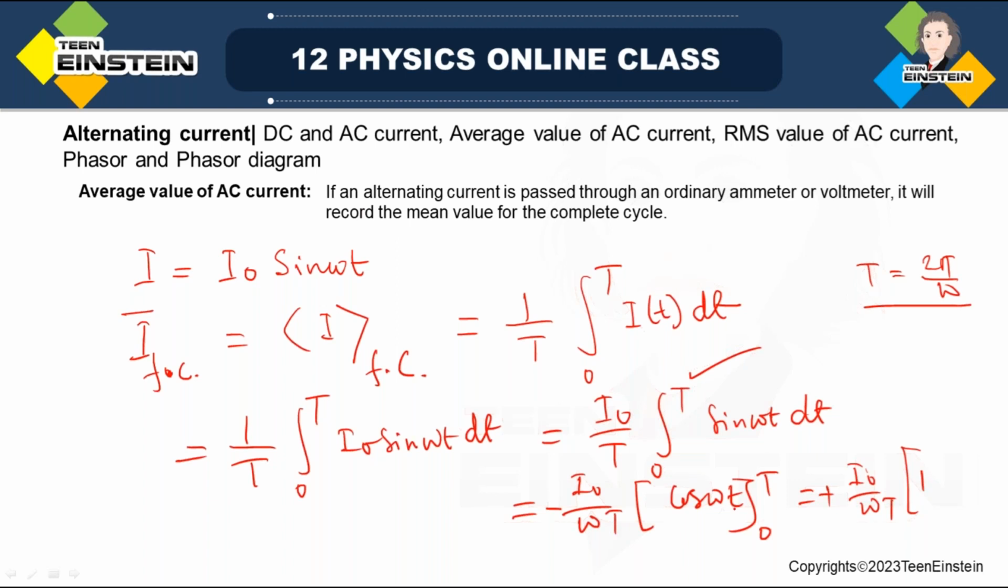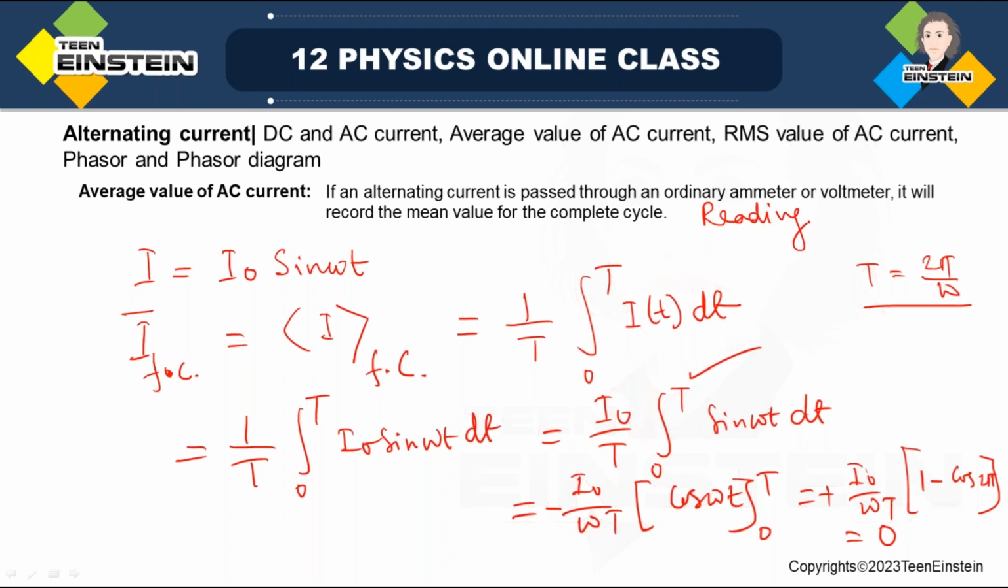The lower limit gives cos 0, which is 1, minus cos 2 pi, which is also 1. So these two values cancel and give 0. Cos 0 and cos 2 pi are identical in value. So over a full cycle, the reading will be